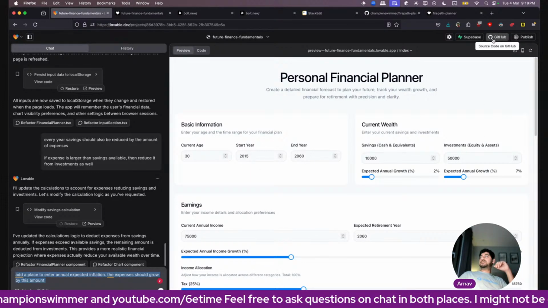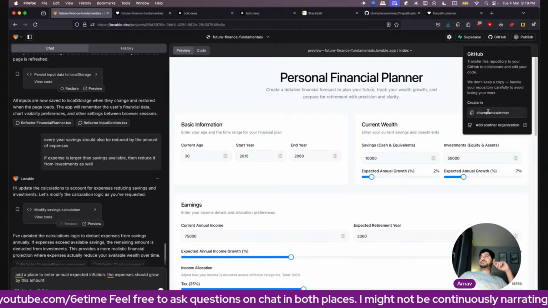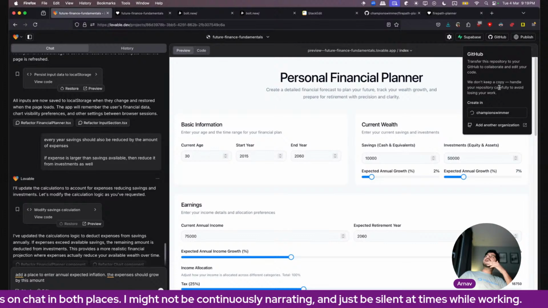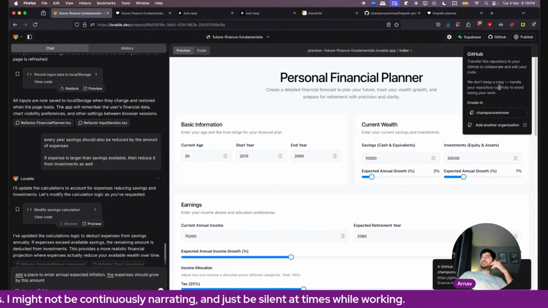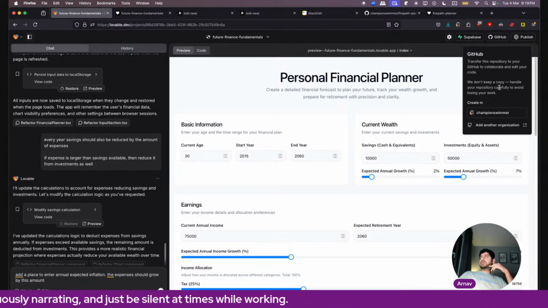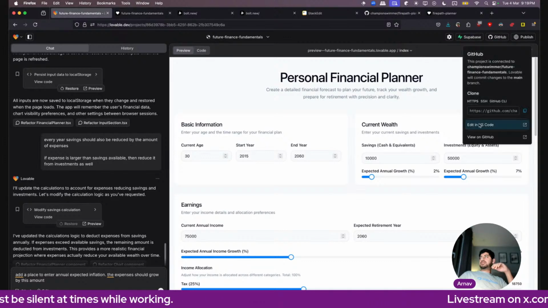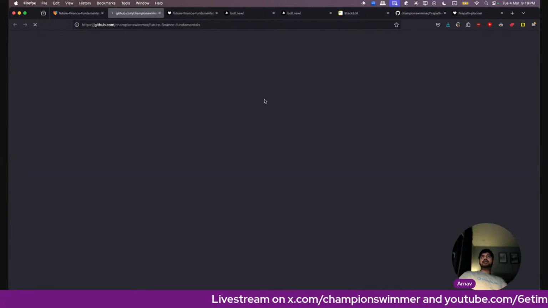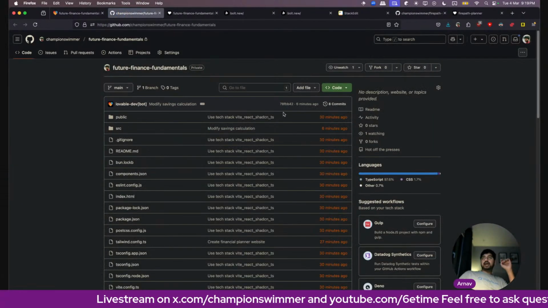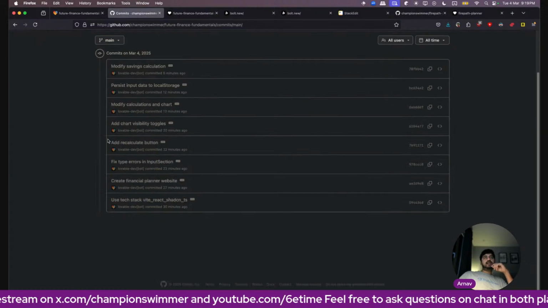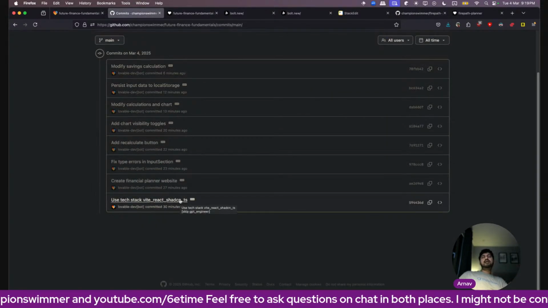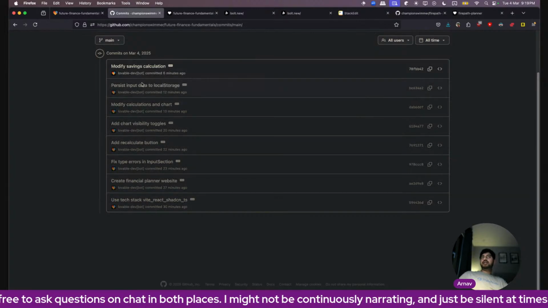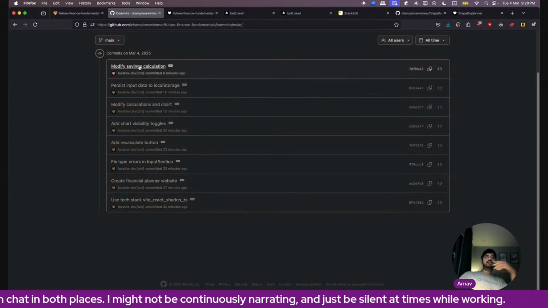Let's do that. Connect to GitHub, transfer to repository, sure. It has done that. Okay, cool. So the way it works is it's really good. It creates a repository, and it has actually made commits so far. It was not telling you that, but Lovable actually makes these commits internally. So when you export it to GitHub, it will have all of them.